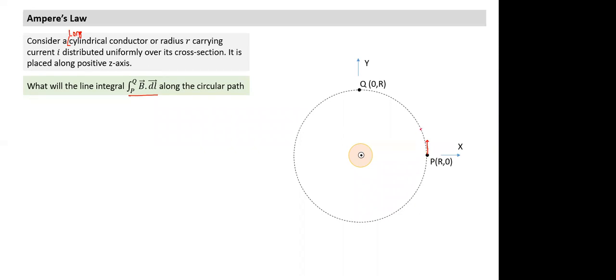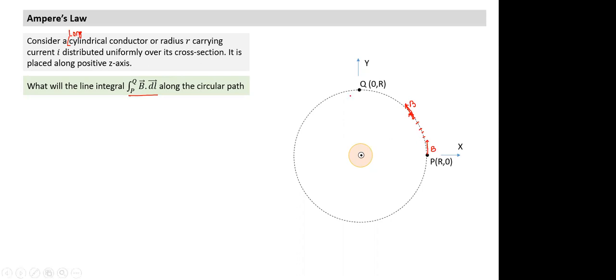So basically, even when I need to calculate work done, if I have to evaluate this term, I will conceptually divide this whole length into small pieces. Everywhere I notice the magnitude of the field is constant because of cylindrical symmetry. If the magnitude is B here, it is B everywhere, and everywhere I am going along this direction, and the angle cos theta is equal to 1. So I can easily evaluate it.